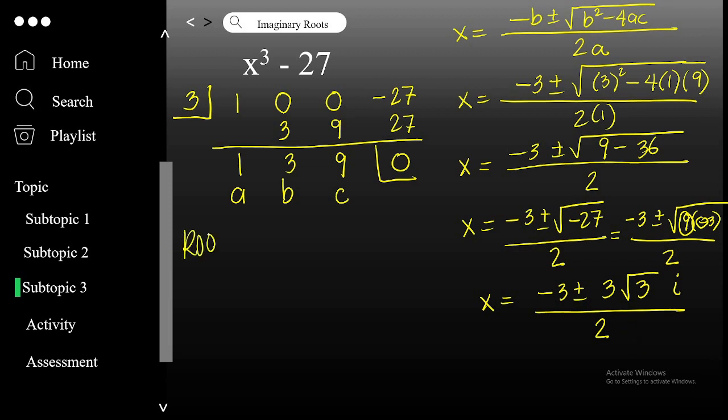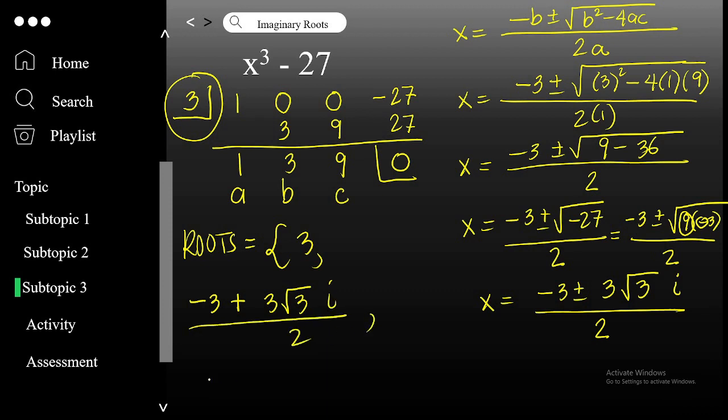Therefore, our roots are, starting off with the number 3 over here, and then breaking down the result of what we had in the quadratic formula: negative 3 plus 3 square root of 3i all over 2, and the second one, negative 3 minus 3 square root of 3i over 2. And these are our roots. And that ends